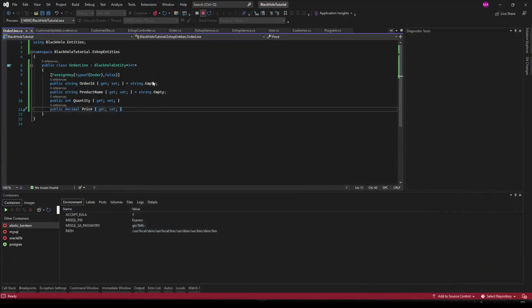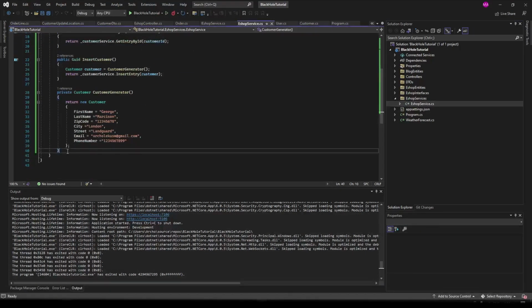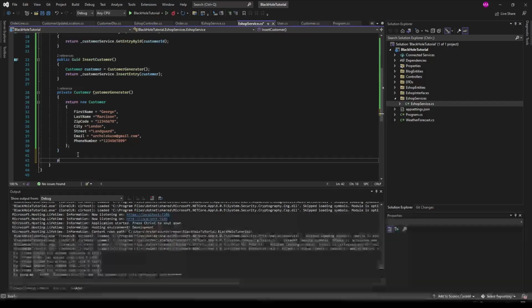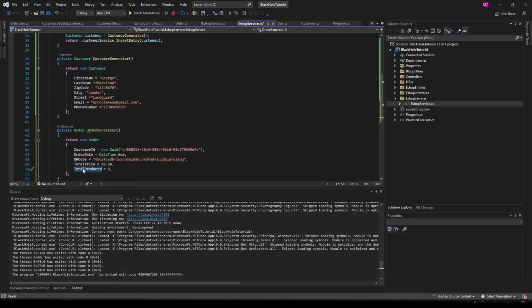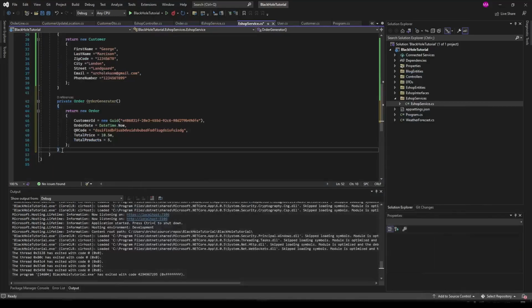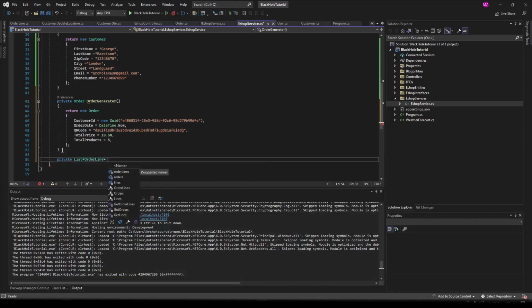Now, what I want to do is to create in our service. Let's go to our service and create another private method, but this time we use order because we want to generate an order, and maybe we can use the total products to add some order lines here for this order. So let's create another private method, list order line, order line